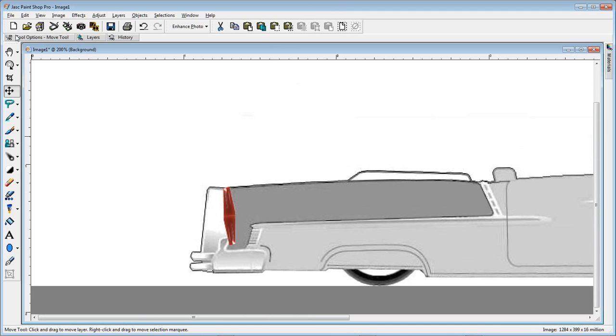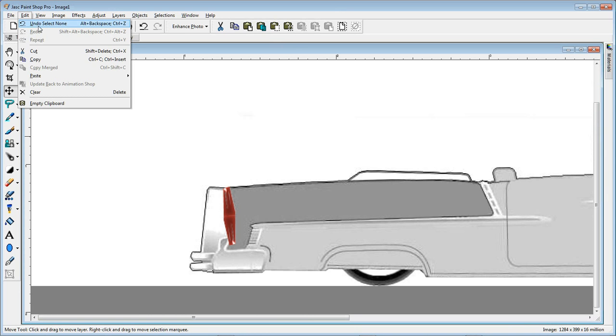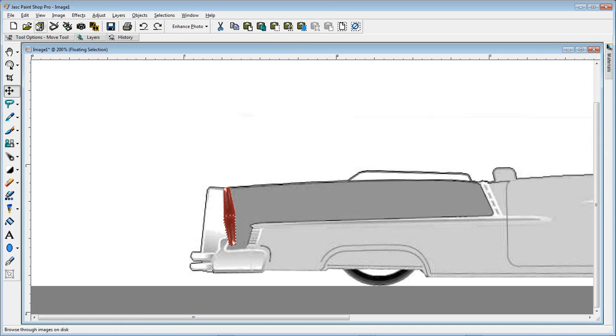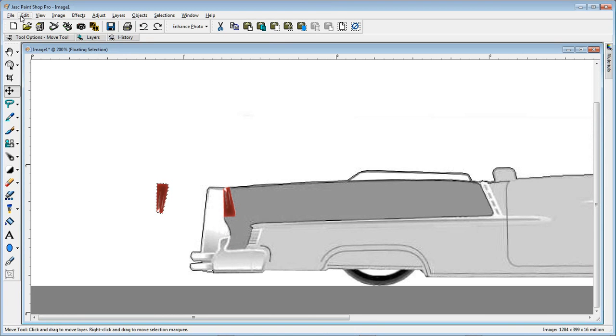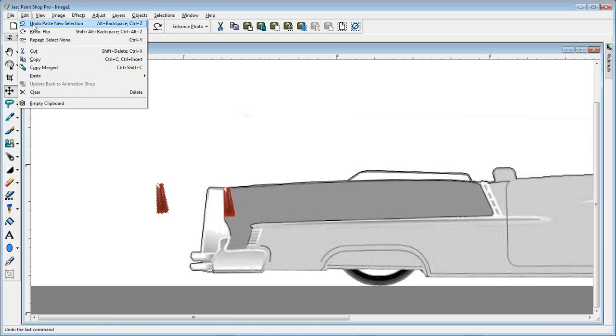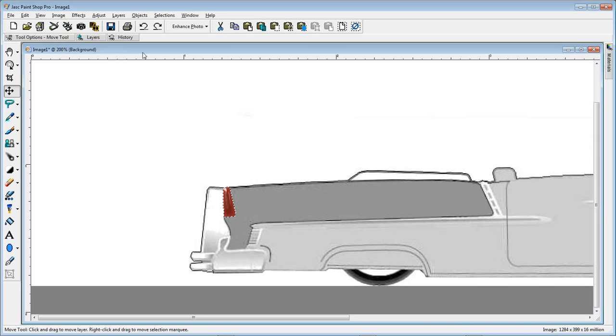Let's okay, I go back to edit, unselect none, edit, move, edit, mirror, edit, flip, edit, paste as a new selection. Okay, but I can take that light. We go back over here to our freehand tool, and if you wanted that sucker to look like